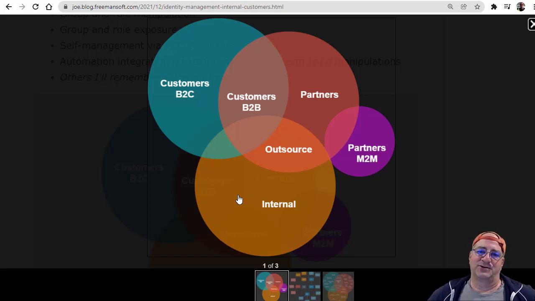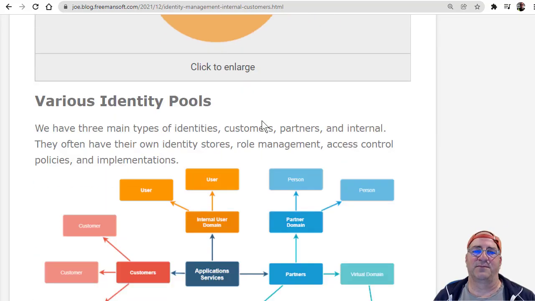And then internal users, there's all kinds of internal users, but sometimes you have an outsourced relationship like a call center or independent contractor companies that work. And they're sort of internal, but they're sort of also partners. We'll talk a little bit about that. And then kind of the growth hanging off of partners is this machine to machine. We do a lot of data interchange between organizations that are partners with each other, and when I say partner, I also mean like a supplier, right? These should be suppliers and partners. But let's look at that, right?